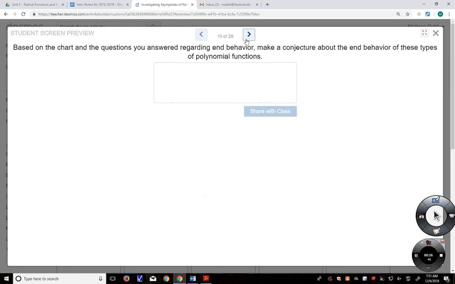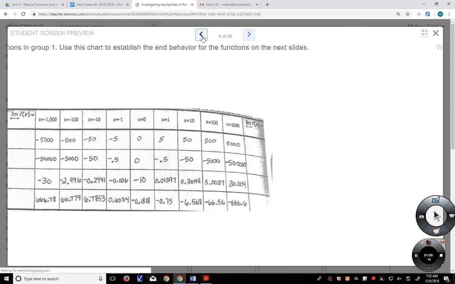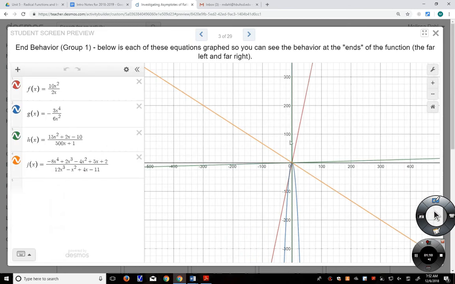Kyla? Okay, that it was either negative infinity or infinity. Did you guys see that pattern there? And we could see it in the pictures of the graphs, right? And we can see it numerically and in the graphs. So in the graphs, we saw that these graphs didn't seem to level out at something. Even this one here, the green one, it might grow a lot slower than some of the other ones, but